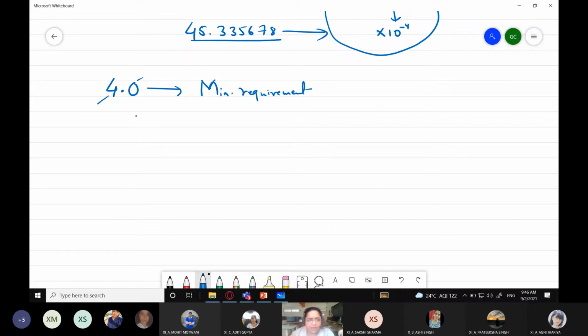Now, examples of how you can represent any floating point number, any real number, using this. For example, the radius of a circle: you can represent it as 5.5, 5.25, 15.75, and any value you can give.